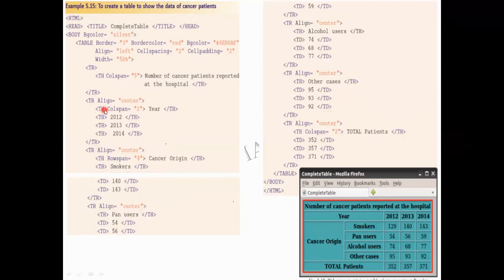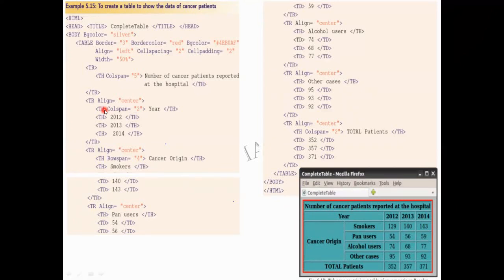If you want all the contents as headings, there is no compulsion that only the first row can have headings. Wherever you want to create headings, you know the difference between a heading tag and a data tag.